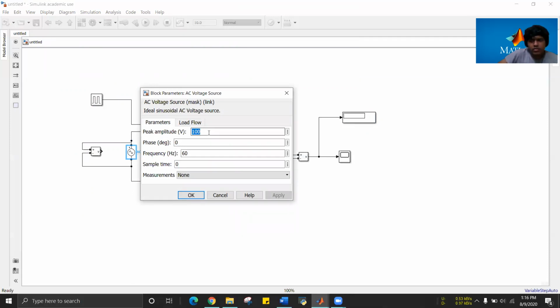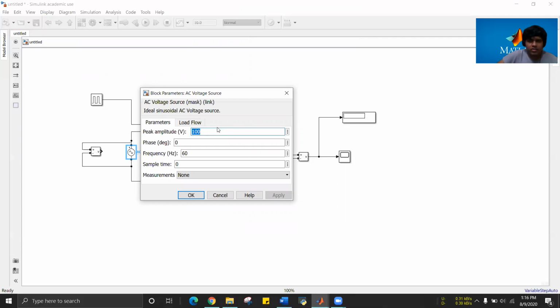See the value of V here. V is Vm. Remember the formula that we have for half wave rectifier: V naught is equal to 1 by 2 pi integration from alpha to pi of Vm sine omega t d omega t. On simplifying, V naught is equal to Vm by 2 pi times (1 plus cos alpha). So if we change alpha, our V naught will automatically change. So here V is actually the value of Vm.